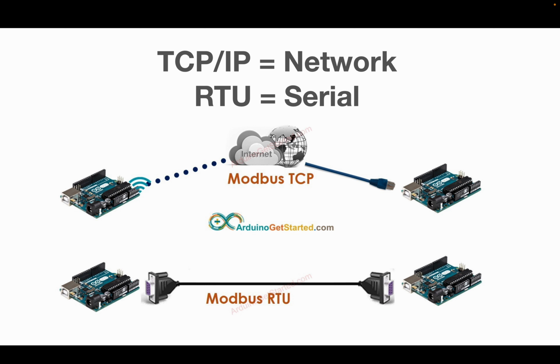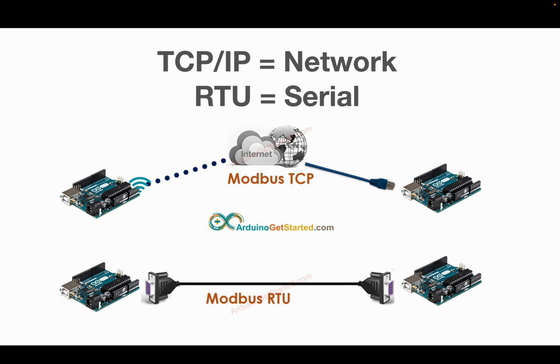Firstly, we have got the Modbus TCP IP, or Modbus TCP for short, where the Modbus devices are communicating via some type of network interface. And let's just say classically that could be an Ethernet type interface. And then we have got Modbus RTU, remote terminal unit is what it stands for, which uses serial interface. So that's the first distinction. We got to distinguish between Modbus TCP, Ethernet type network communication, and Modbus RTU, which is a serial type of